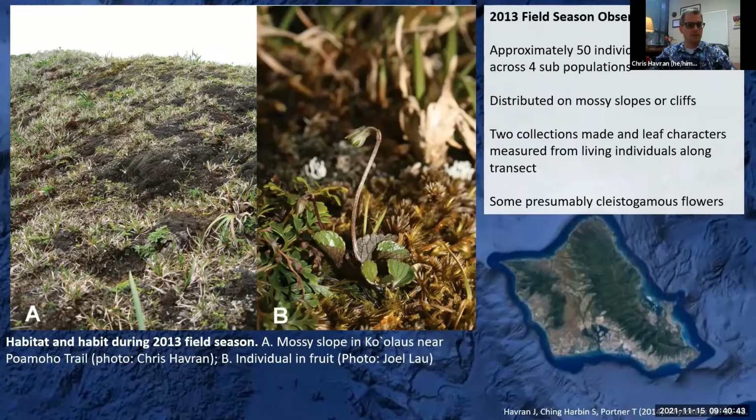We didn't want to disturb any other individuals, but we wanted to get an idea of the morphology of the population. So we ran a transect along the ridge and measured leaf characteristics of as many individuals as we could, just to get some idea of the range of morphology of these violets. The leaves are very, very tiny, as you can see here, much smaller than what you would normally see out on Kauai. And as we were visiting this population, we only observed cleistogamous flowers. So no open chasmogamous flowers were seen. And so we were only able to collect something that was presumably cleistogamous. Next slide, please.